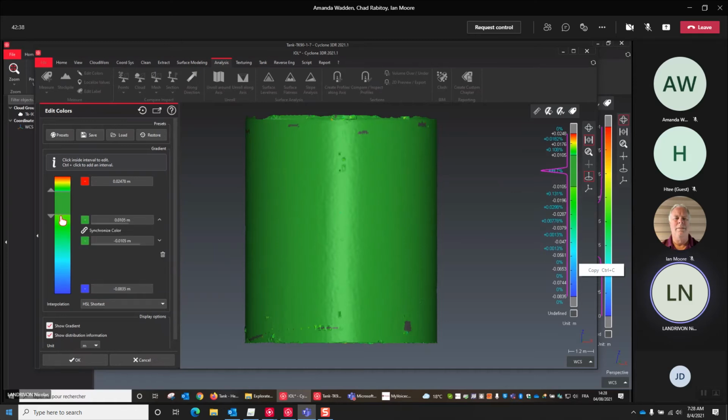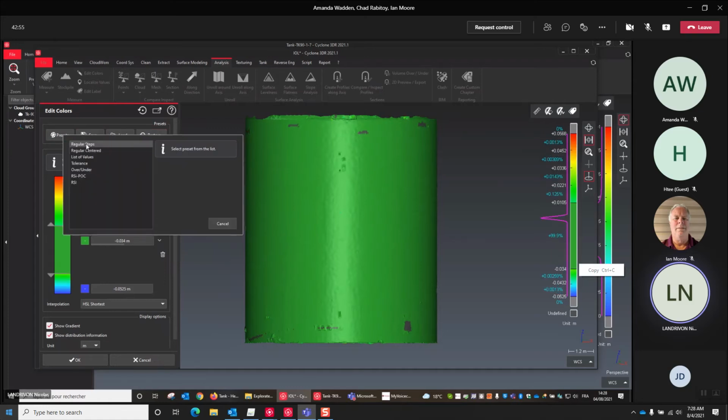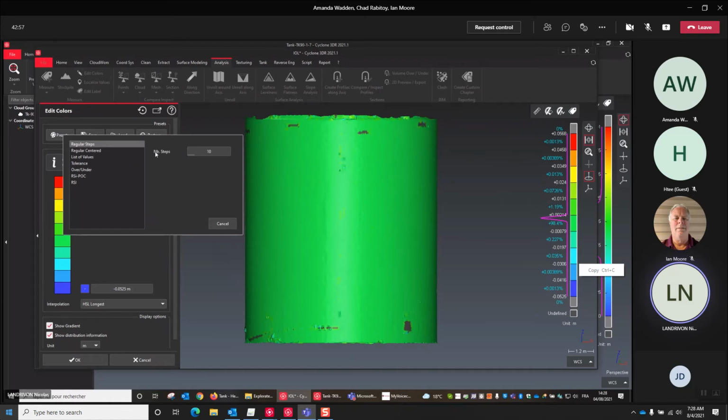You can also click and modify the coloration level inside. You can change a lot of things, and if you want to restore or use a preset, you've got a regular step, which is divided by default in 10, but you can go, I think, up to 50.